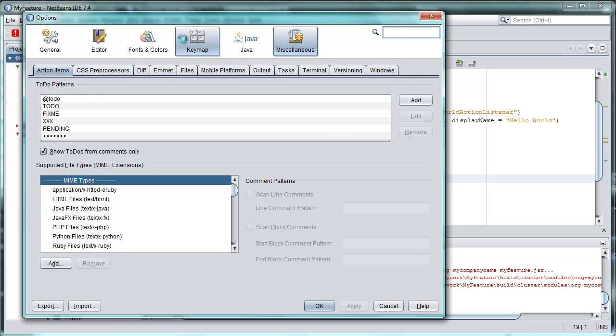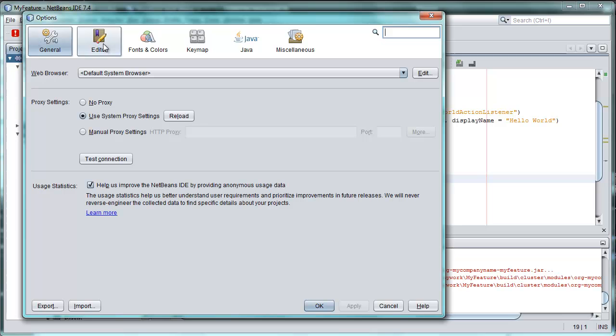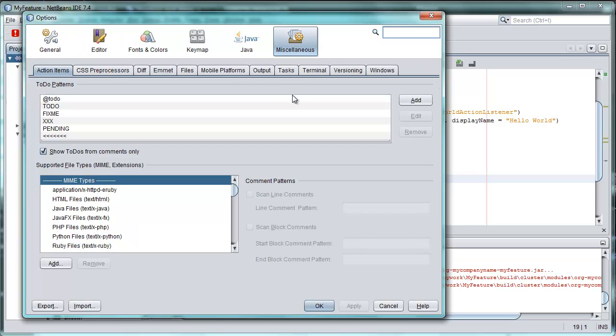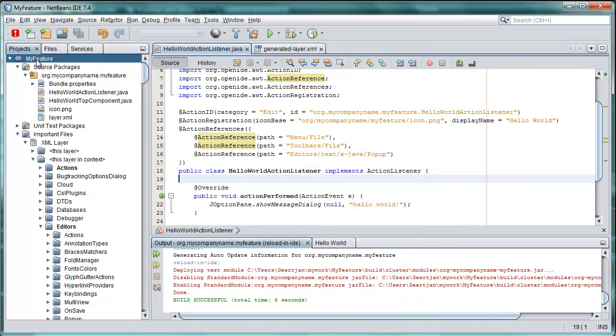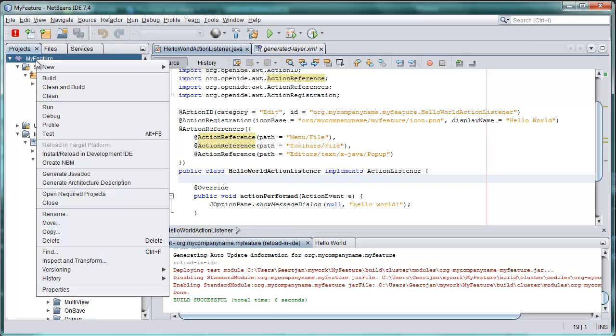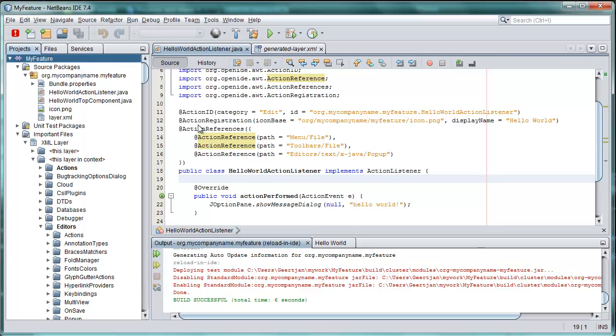So you can see that we have these higher level tabs, first level tabs, and we also have second level tabs. You could have hundreds of these top level tabs, but the options window would become very crowded and very difficult to work with. Therefore, consider making a second level tab within the miscellaneous tab rather than a high level tab, except if you're adding a really important feature that you think needs to be highlighted on the highest possible level. Either way, we can again create a normal Java class and annotate it in certain ways,